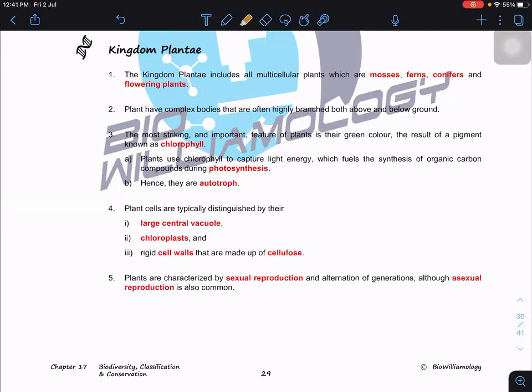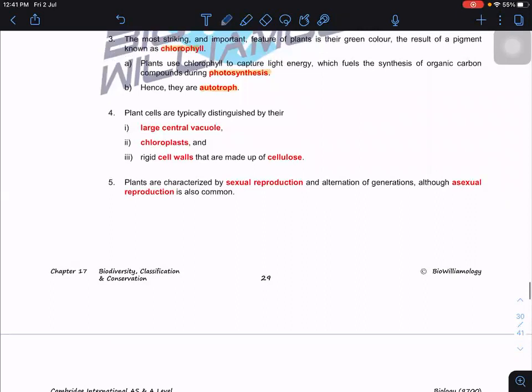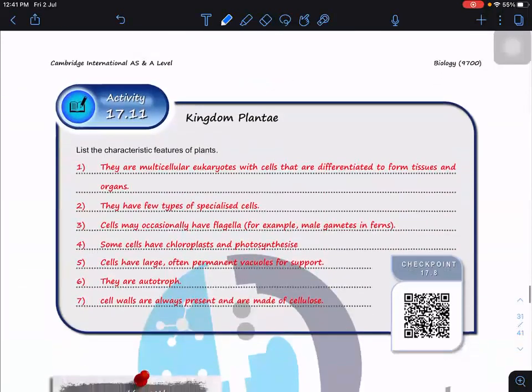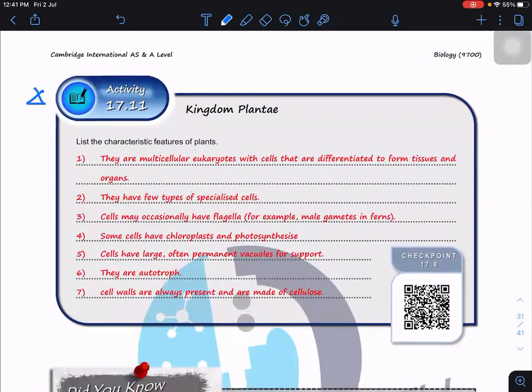known as chlorophyll. So it means that they have chloroplasts, means that they are autotrophs, means they can carry out photosynthesis. So a typical plant cell will have a very large centrally located vacuole. They have the chloroplast and cell wall made up of cellulose. So these are the specific features of plant cells. So they can have sexual reproduction or asexual reproduction. If it is asexual reproduction, then it involves mitosis, okay?